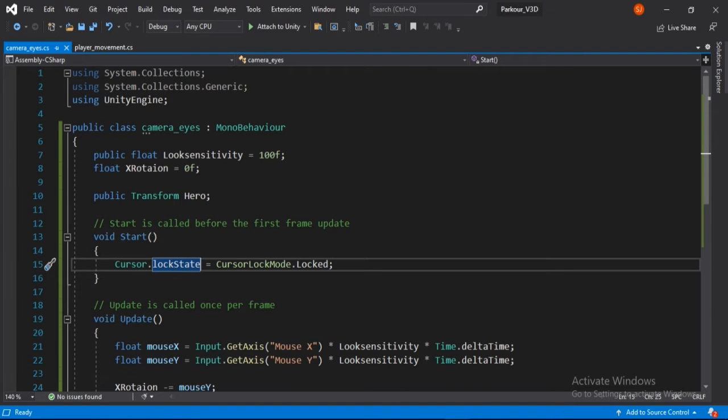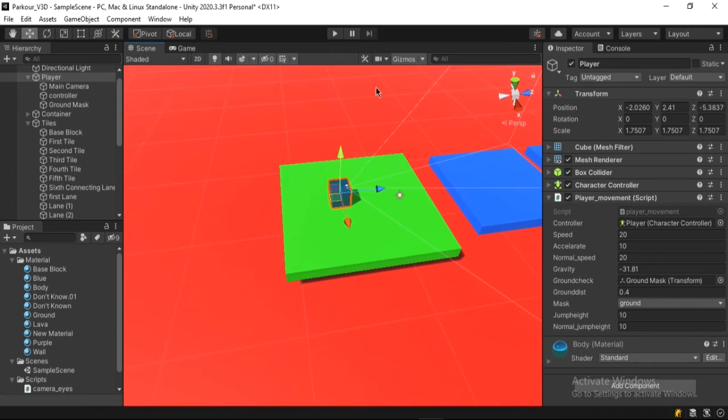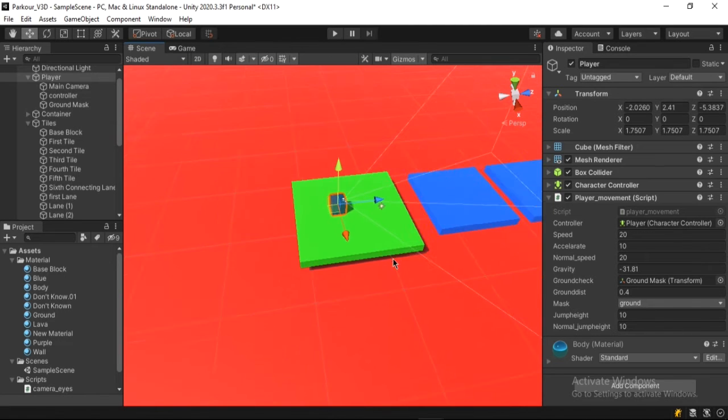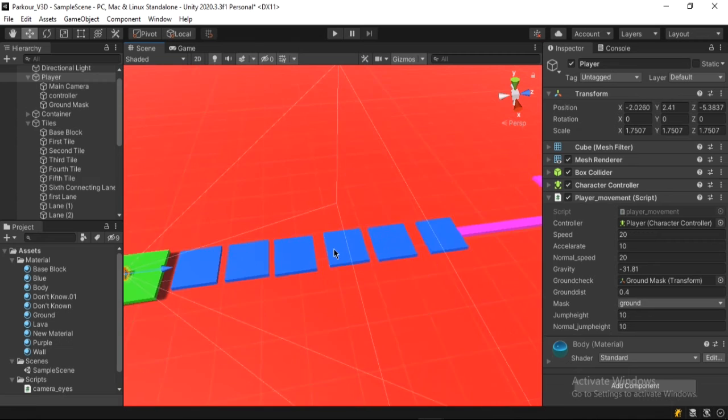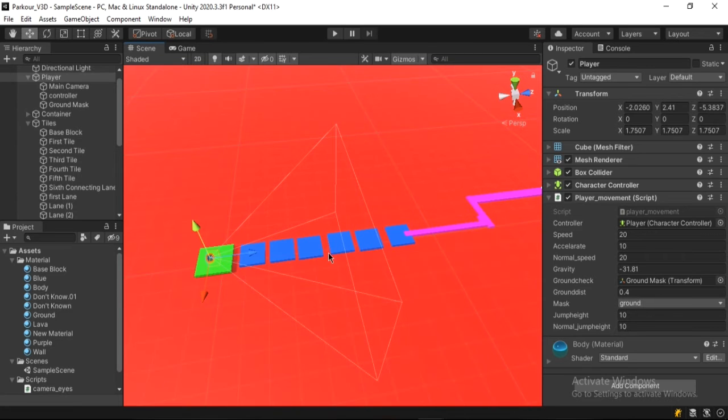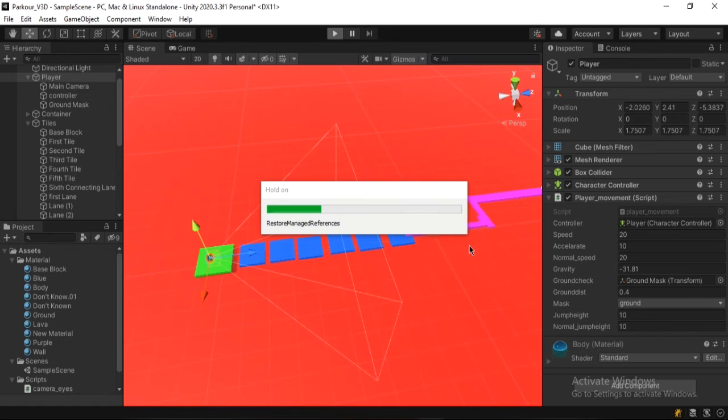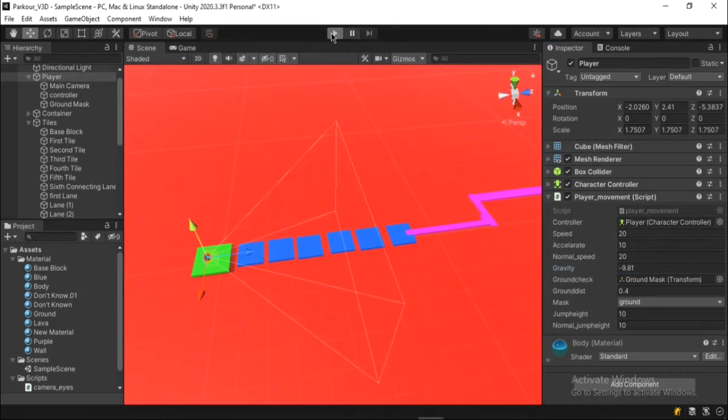Through the script my camera moves according to the direction, and if I play the game, first I will tell you about this sample scene. This sample scene I have created very fast in order to shoot this video. Please don't look about the art, and this is a game about parkour and etc. where you have to avoid the gap in that tiles and reach the end. If we play the game,